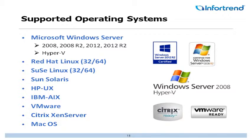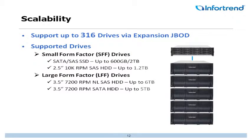We are certified with the Windows server operating systems, Red Hat Linux, SUSE Linux, Sun Solaris, HP-UX, AIX, VMware, XenServer, Mac OS. We are certified in all of those, which is fantastic for us to be able to offer from top to bottom of our products. So when you talk about